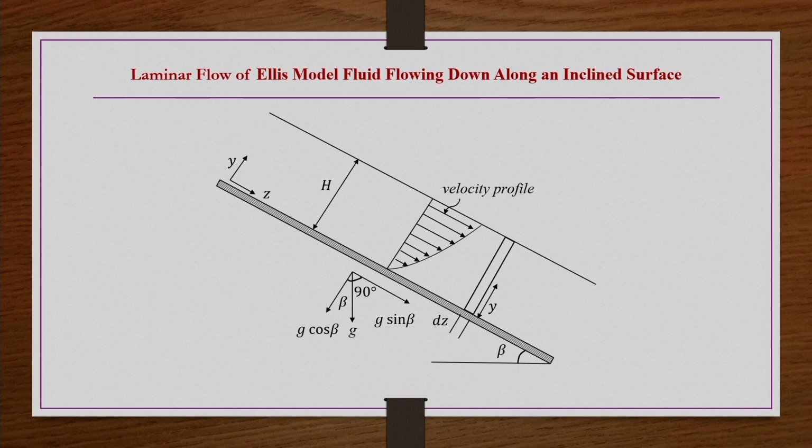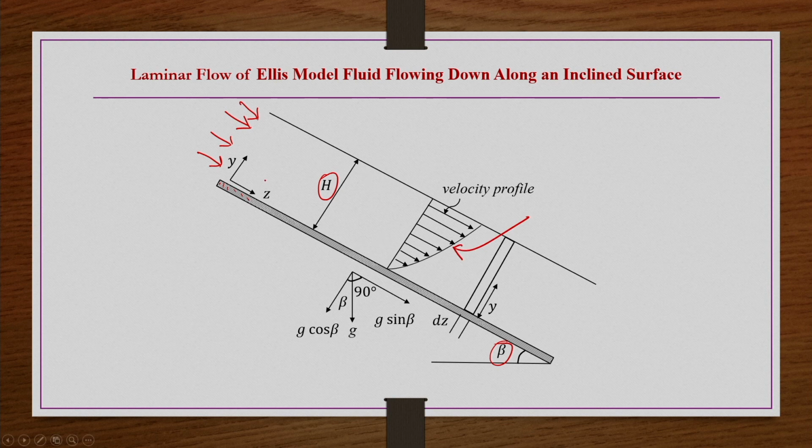So, now before winding up today's lecture, quickly we take another geometry, an inclined surface. So, let us say we have an inclined surface like this. So, this is the inclined surface, right, which is inclined to the horizontal axis at an angle beta. So, there is a material coming and then flowing down here because of gravity, right. The thickness of the material that is flowing down is h, okay.